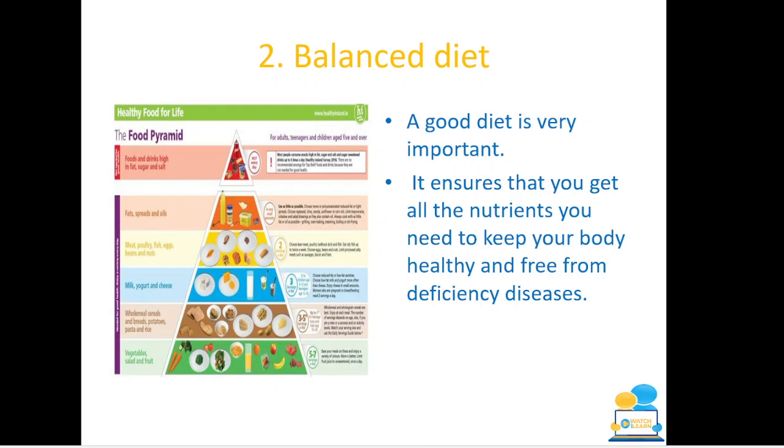So when you have a balanced diet, it means that you're getting all the correct nutrients in the correct amounts for your body, and it means you're going to be healthy and free from diseases, for example like scurvy. So if you're getting your vitamin C from your vegetables, salads and fruit, then it means your gums aren't going to recede. Now that's kind of an older disease that affected sailors. You're preventing stuff like osteoporosis, so when your bones are porous, and that's because you're not getting enough calcium and vitamin D, which is found in dairy products.